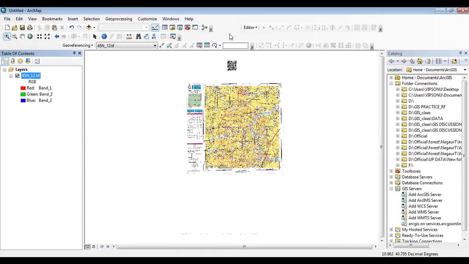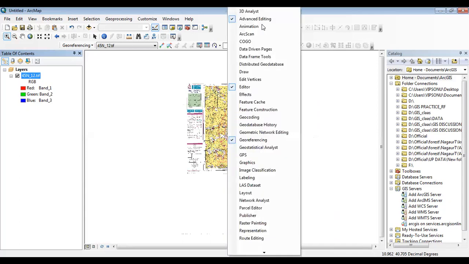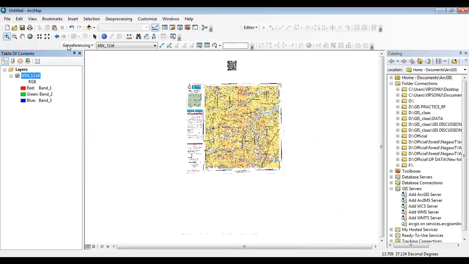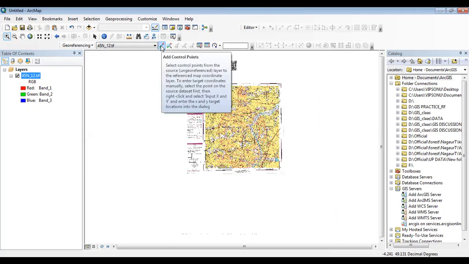The next step is to right click here and select the Georeferencing tool, and then start georeferencing. Firstly, choose the layer to georeference from this drop down arrow. So I select this toposheet and now use this add control point.